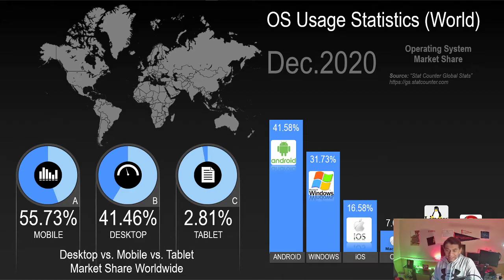And then you have Linux being at 0.81%. This doesn't mean Linux is unimportant. It's actually because it requires a little bit more of a knowledge of how an operating system works. The marketing is not as great as Windows. However, Linux is very solid, and it's a solid choice for many people. Chrome OS is at the last place at 0.71%. So that's kind of a breakdown of the operating systems.